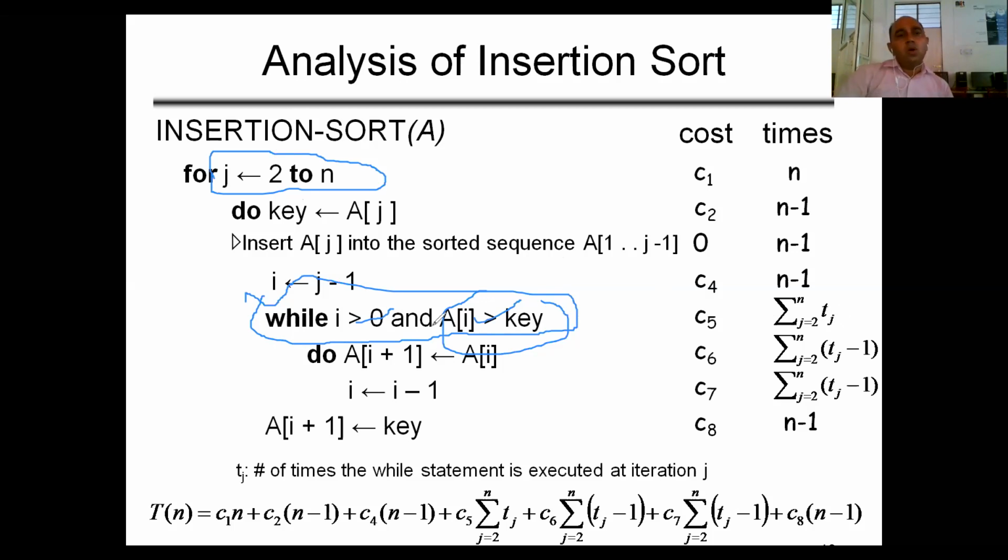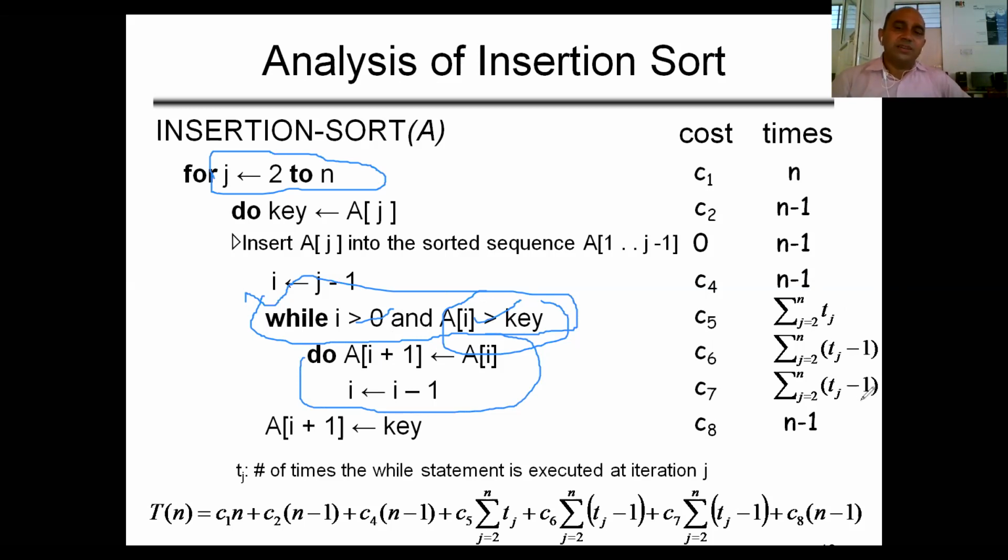After executing all the instructions, we can sum up all the values: t2 plus t3 plus t4 plus t5 dot dot dot tn minus 1. So we are writing here the sum of tj from j equal to 2 to n. Now this is the total execution time taken by this loop, but these two lines are under the body of this while loop. So if the loop is executing n times, then its body will execute n minus 1 times. So here we write tj minus 1, tj minus 1.